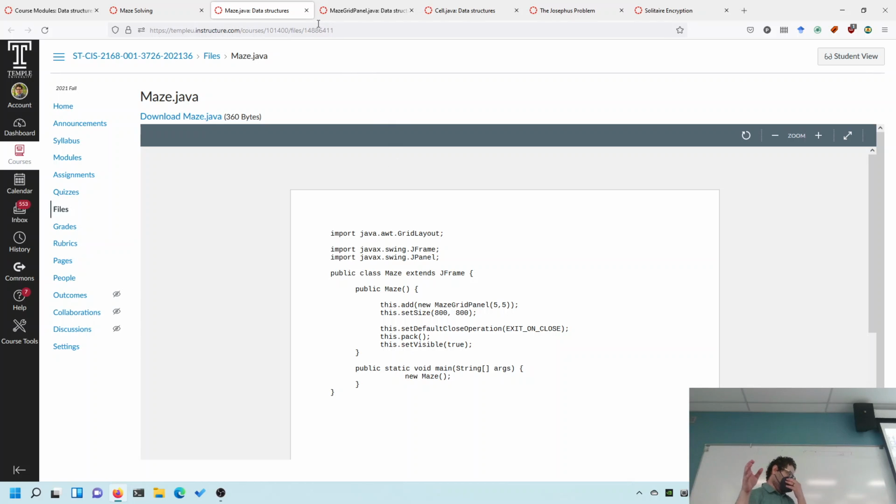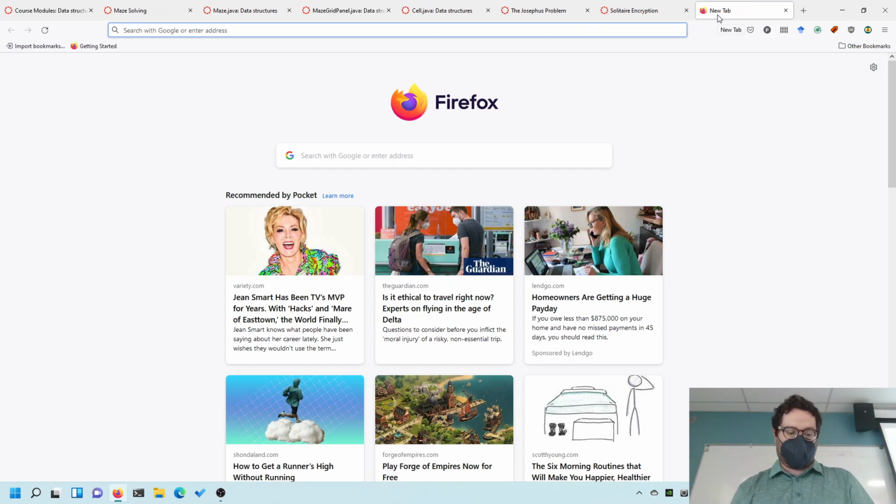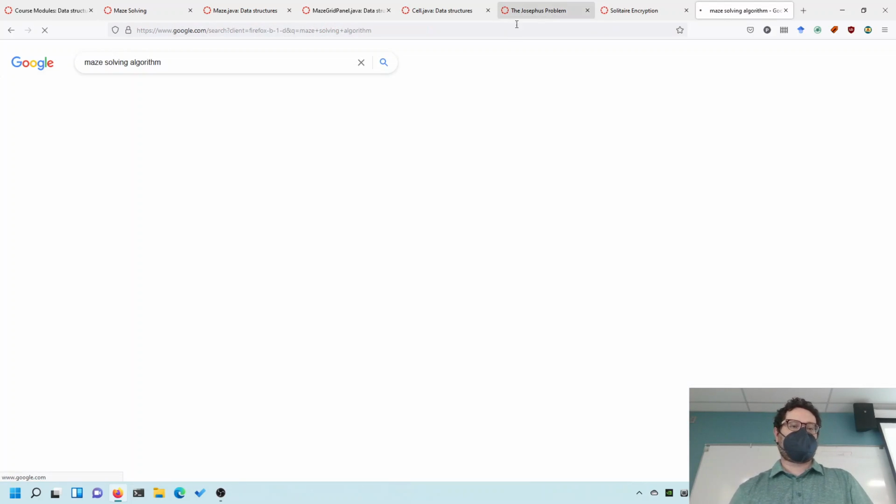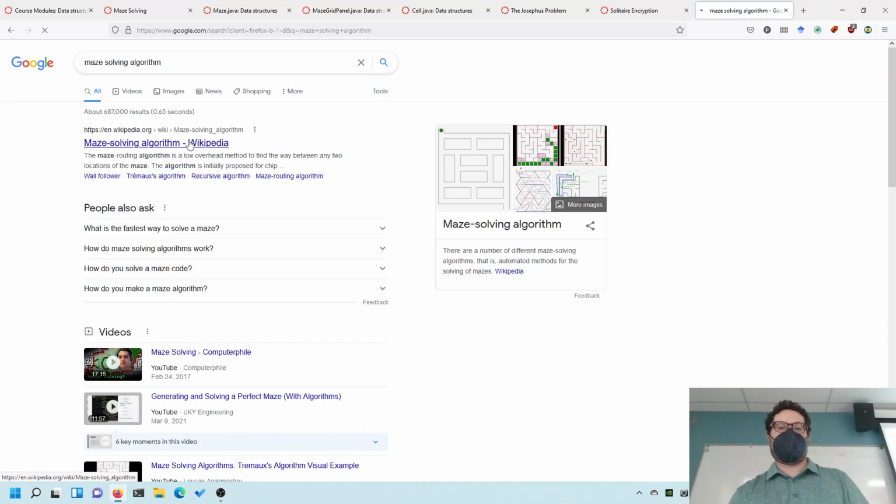Now I like this assignment because I like mazes. Mazes are very interesting puzzles. They also feature heavily in video games in some form. And Wikipedia actually has great videos about maze solving algorithms, which are very similar to your maze generating algorithms.